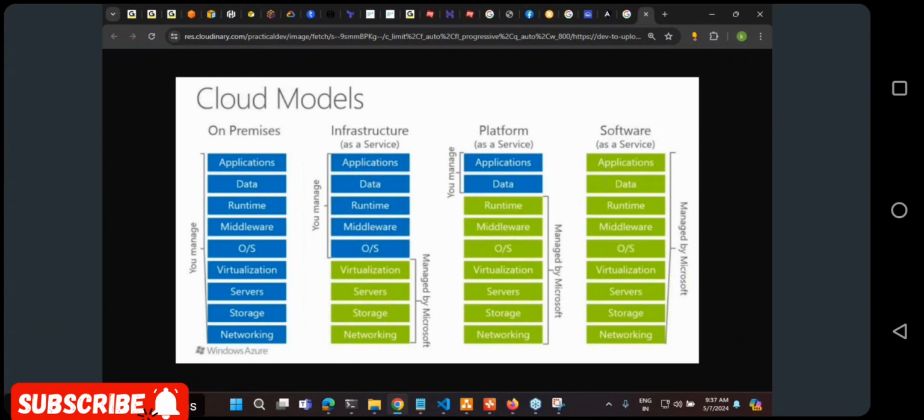You go with infra as a service, that is EC2 or virtual machines. There is no need for you to worry about physical networking, that is cloud problem. Physical storage, these all are physical layers. Which virtualization should I use? That is not your problem. You start worrying from the operating system. You go to platform as a service. You say that my application is developed in Java, you select Java. My application is developed in Python, you select Python. So you are managing only